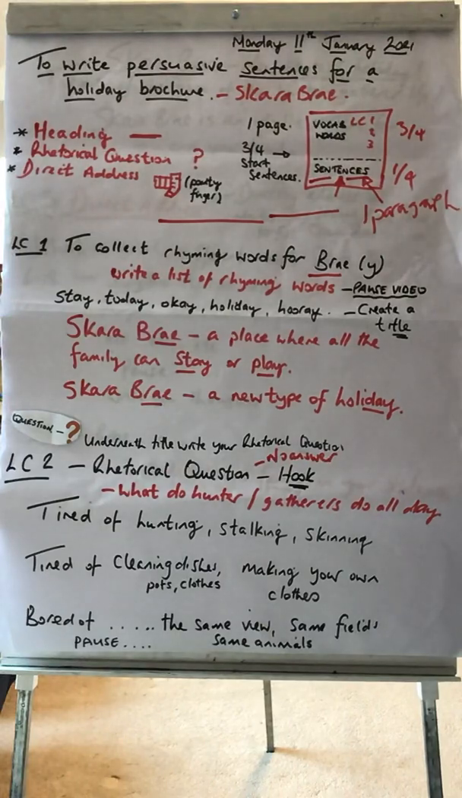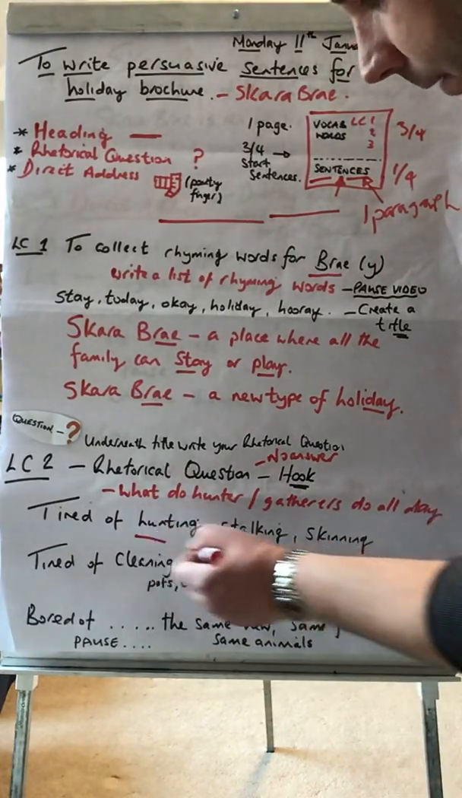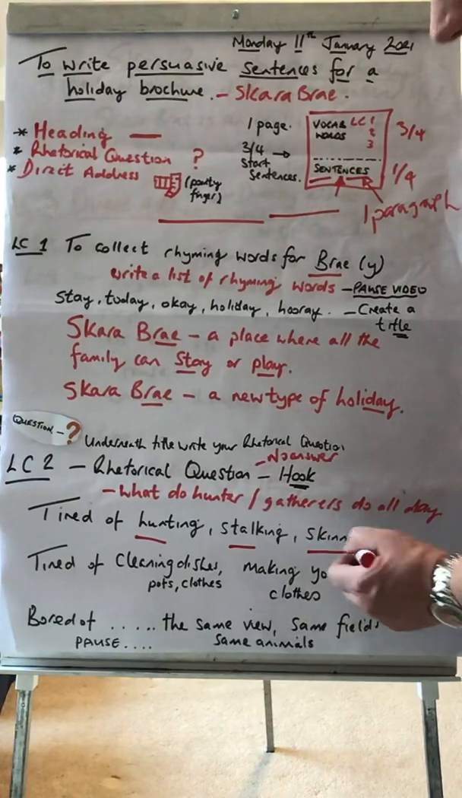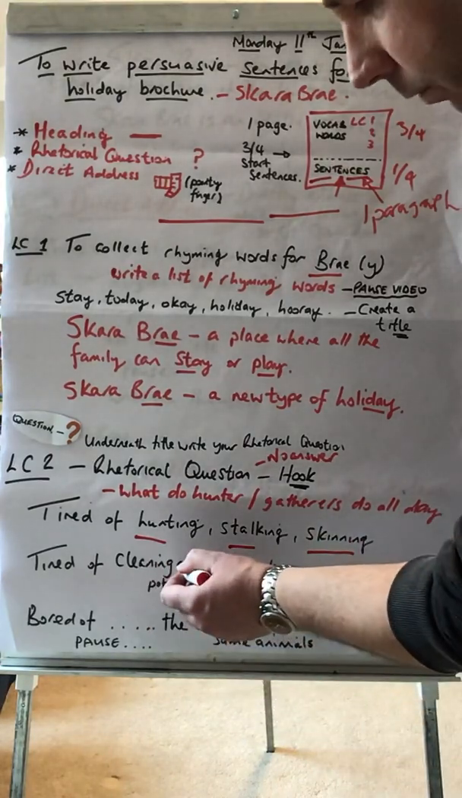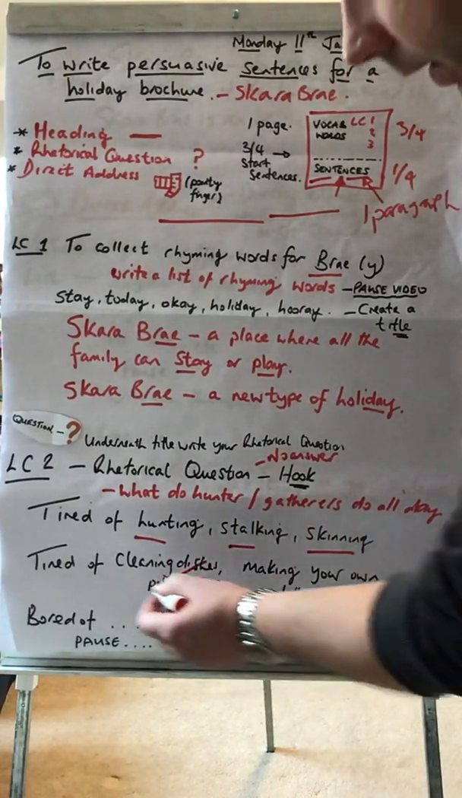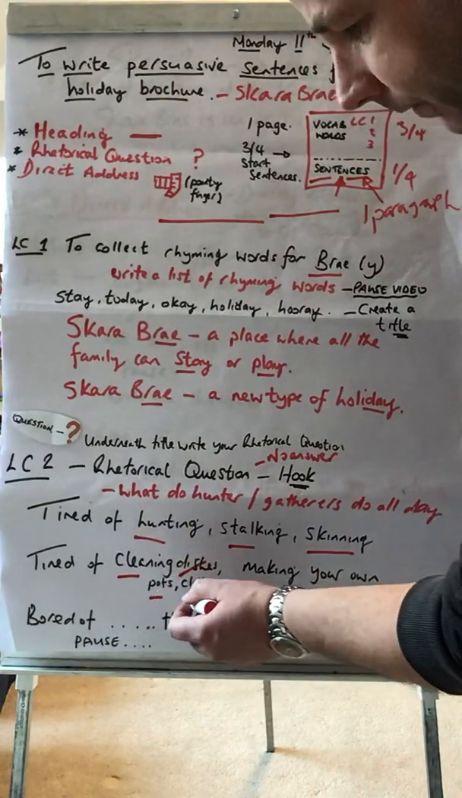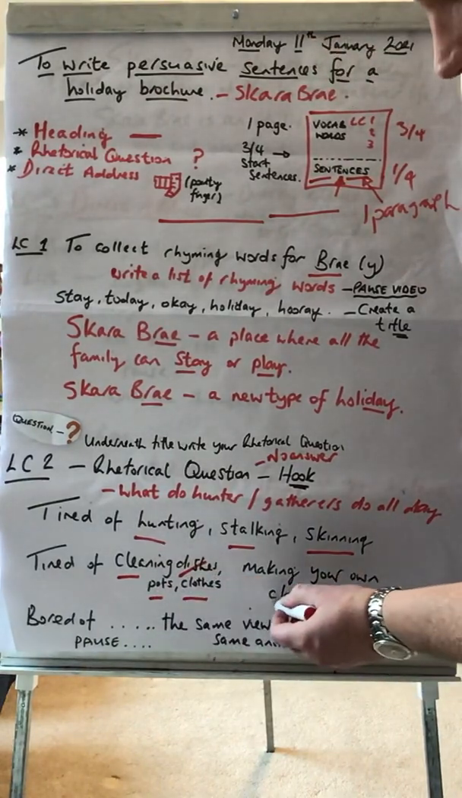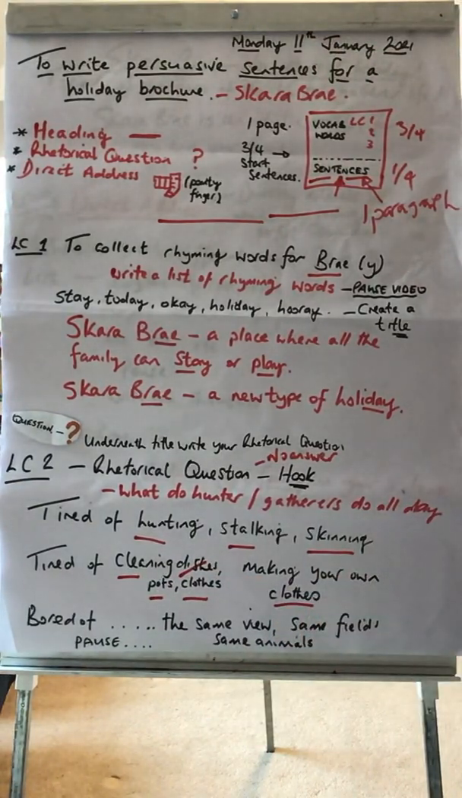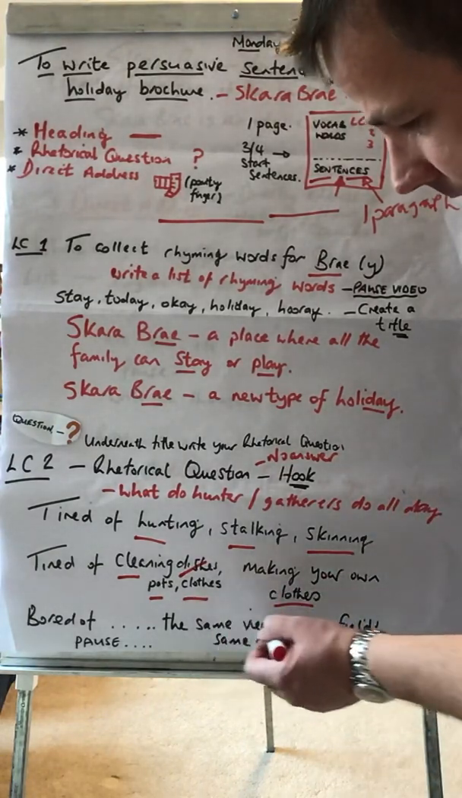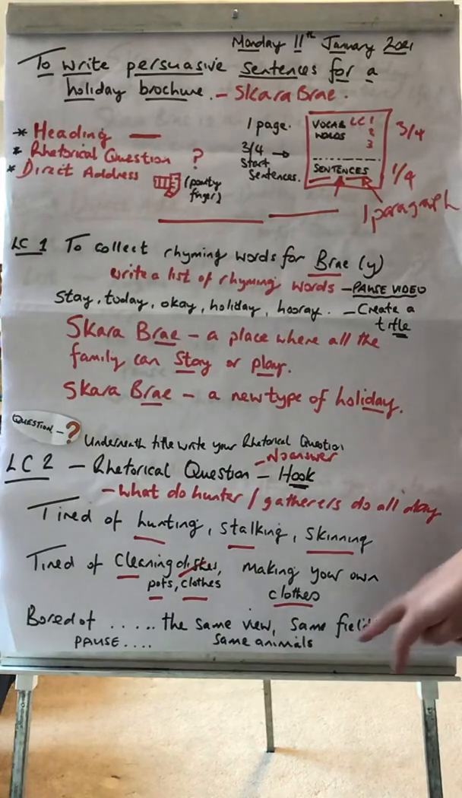So coming back now, they might hunt. They might stalk their prey, they might skin their animals, they have to clean, I wouldn't say dishes because that's a very modern word, okay, they have to constantly clean their pots, clean their clothes, they have to make their own clothes, okay, they always kind of probably go hunting in the same place, so do they have the same view every time, do they see the same fields, and do they see the same animals, okay,